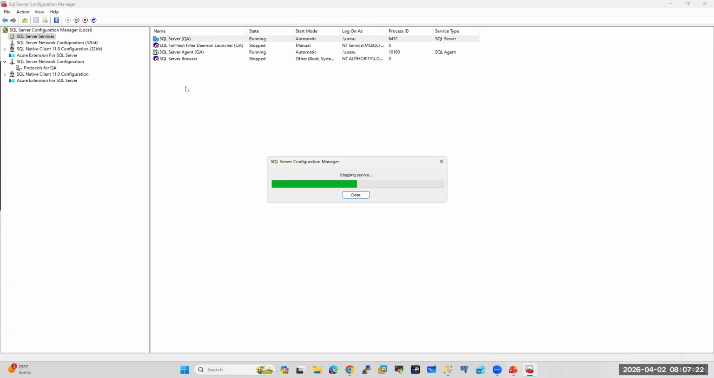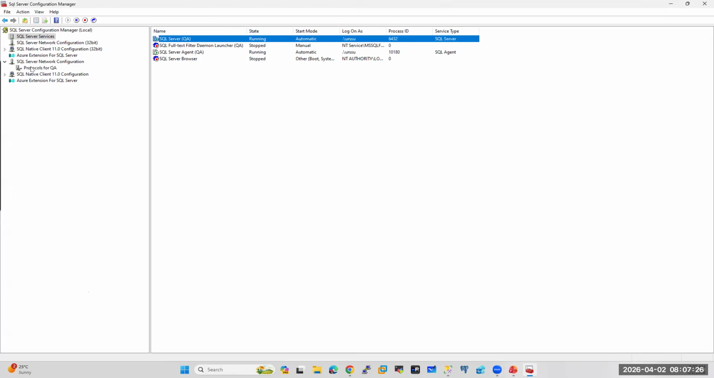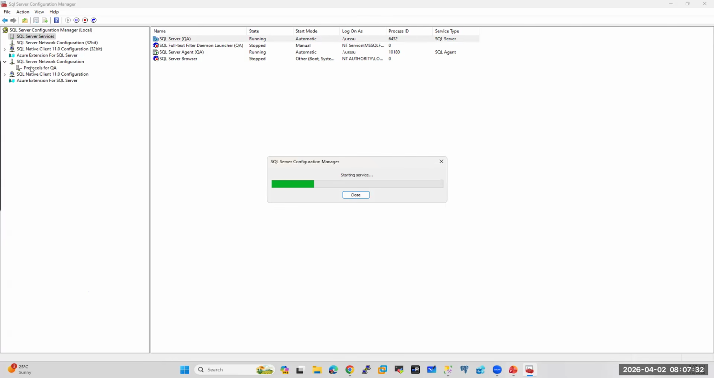Now see, I disabled the TCP/IP protocol, and by default named pipes will also be disabled. Only shared memory is currently running. So now when I try to connect to the SQL Server,